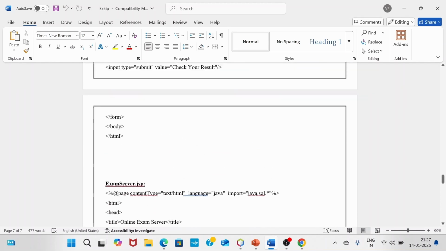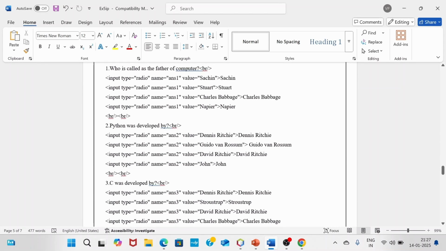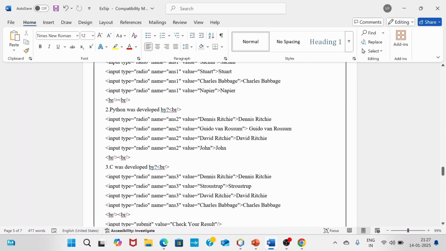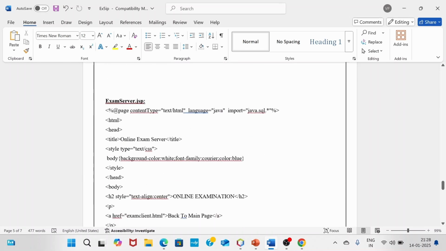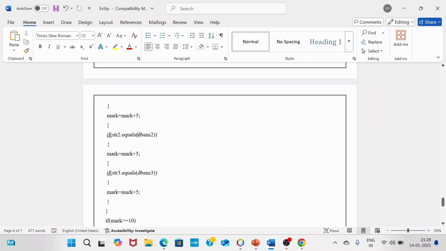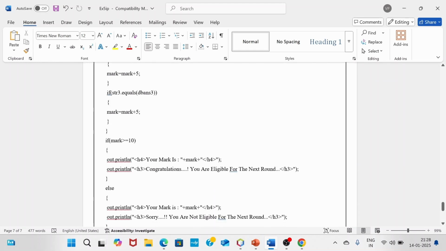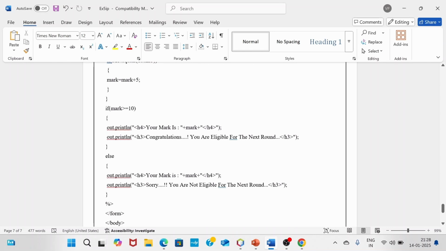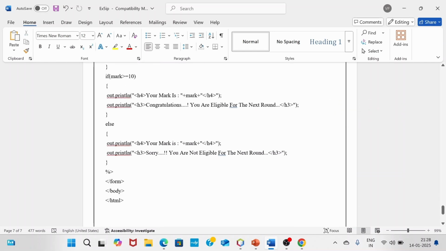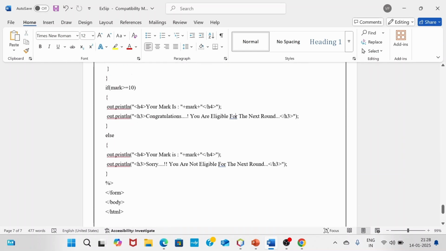For the second question, the answer I'm selecting: Python was invented by Dennis Ritchie, Guido van Rossum, David Ritchie or John. So the answer is Guido van Rossum. If I select that, the table by default will have some answer. If both are validated and it is the same, the mark will be increased by another 5. It was already 5, now it becomes 10. Similarly, one by one it will come. If your mark is greater than 10, we give that you are eligible for the next round. If your mark is low, you are not eligible for the next round. So like this we can have